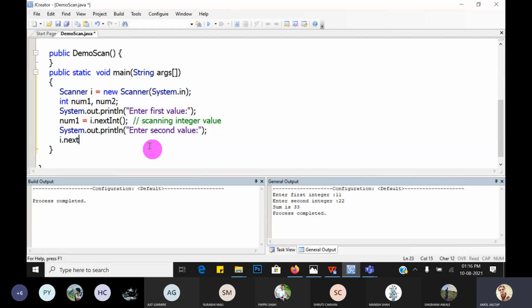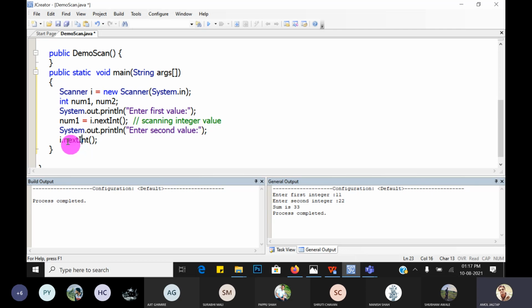i.nextInt. Guys, as per the nomenclature of Java, if it is the name of a method, then it starts with a small letter, but if there are consecutive words in the method name, then the first letter of the next word is capital. So in nextInt, n is small and I is capital. This is the nomenclature for methods in Java.